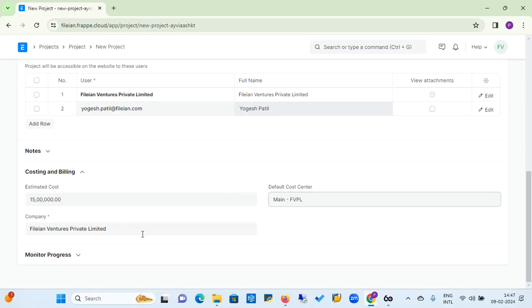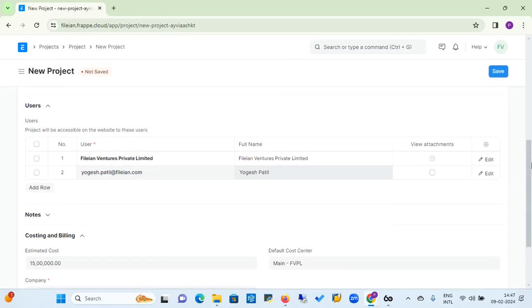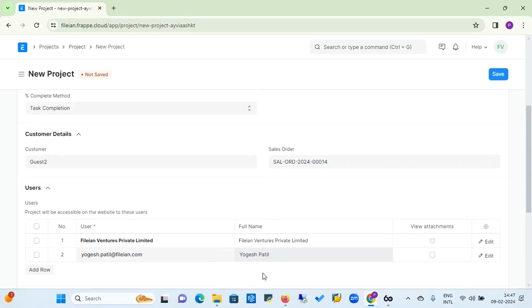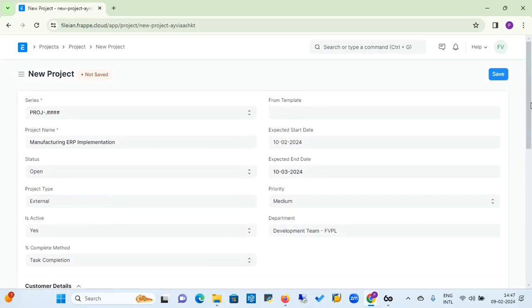So now I have added the estimated cost and a default cost center for this particular project. To monitor progress, I'm going to collect the progress from these team members which I have already attached for this project. So now I'm going to save this project,